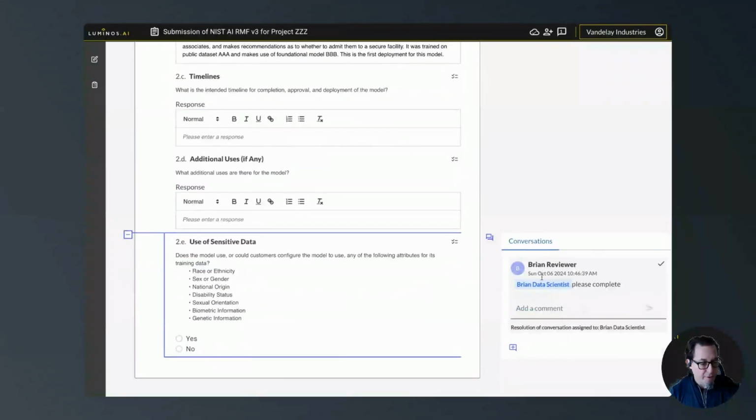This one was from Brian Reviewer, assigned to me. I can reply to that and we can have a dialogue in real time. You'll see these things popping up on screens on both sides of the conversation. And as I start answering questions that may trigger workflows, we'll see, for example, if I say there's no sensitive